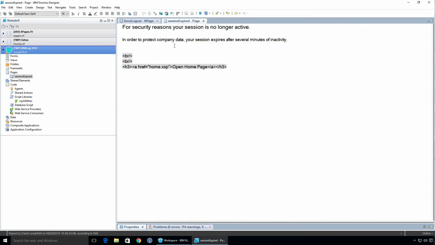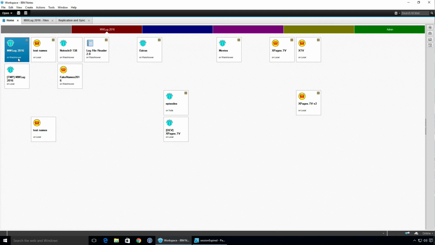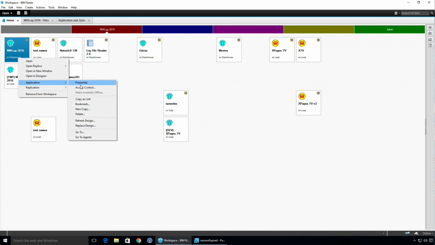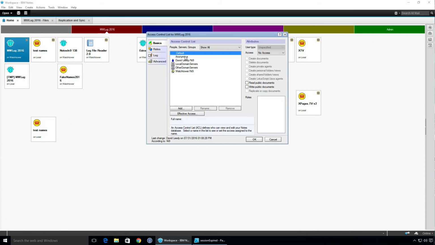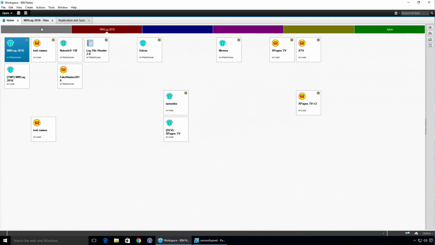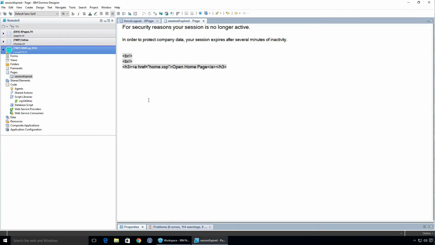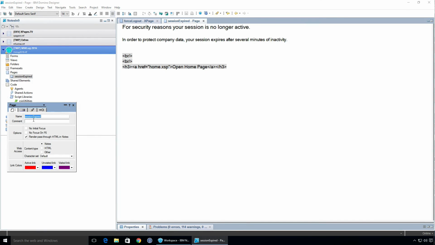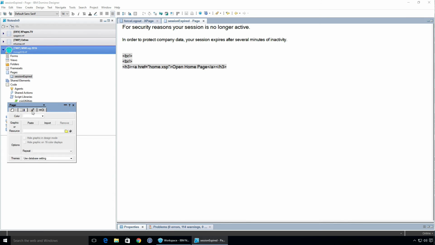And again, the database was set to anonymous with public access, in the application's access control, so no access, read public documents. And this page somewhere, I can't tell if I remember where it is here, is available to public access users.